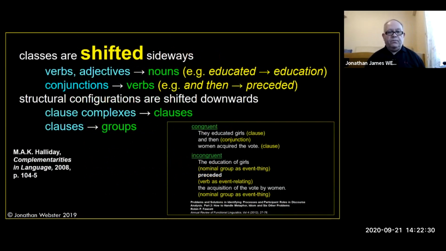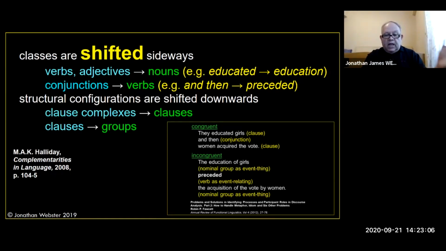It's a shift. Look at what's happening in the language. The classes are being moved sideways. We have verbs and adjectives, and we turn them into nouns: educated, education. Conjunctions are being replaced by verbs, so that instead of saying "and then," we use "preceded." These shift sideways in terms of grammatical categories, but structurally, it's almost a shift downwards from clause complexes, meaning that